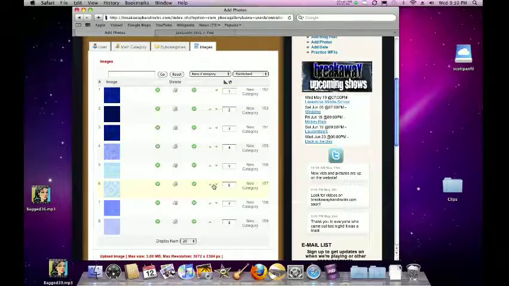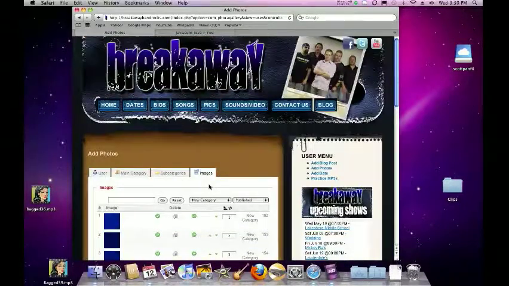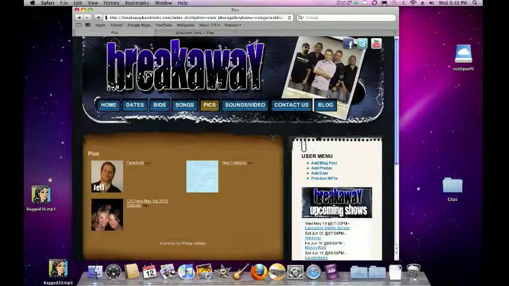Because they're going to be authorized because no one else can log into this site, only you guys. So it's authorized. Watch what happens when I click on Pix now. There they are. It's right there. We got our Facebook, we got new category, and then we got CSI Party May 1st. New category, we click on it,